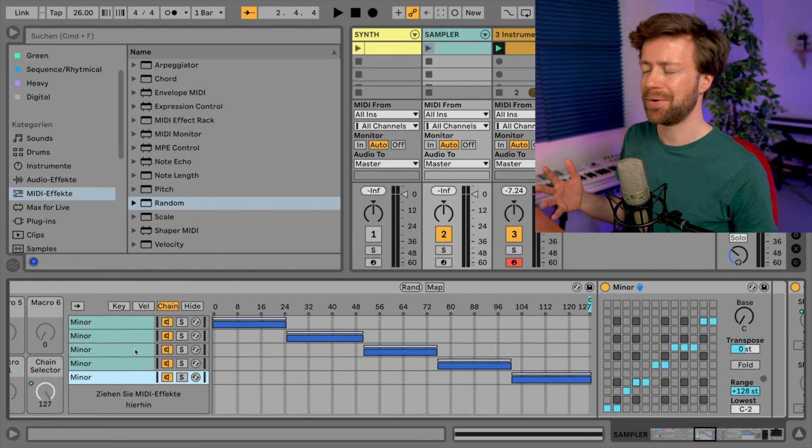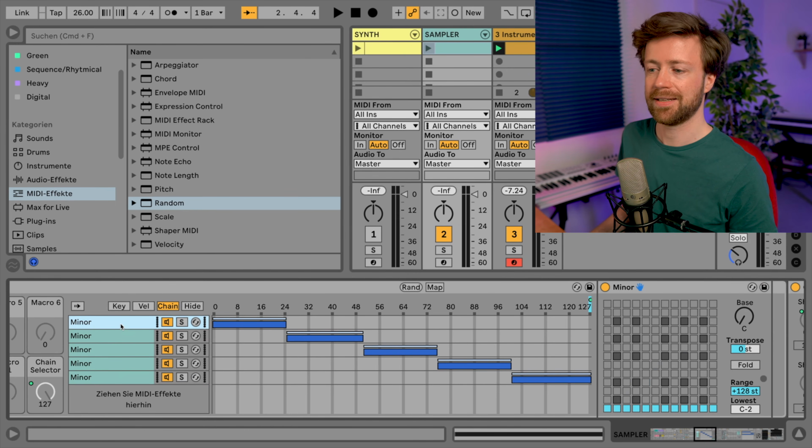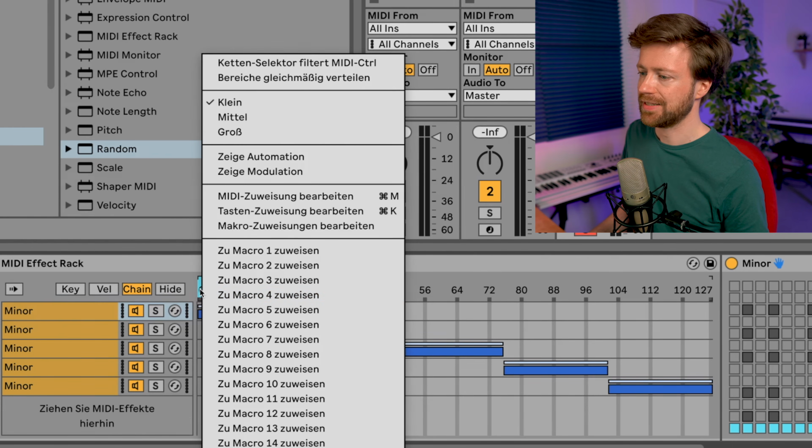But what I want to show you with this example is that you can see all of those different sections as some compositional block. It could even be different scales. So you could say, okay, the chain selector in the beginning is going to be minor and in the end it's going to be major, if you can control that. But there are all those possibilities. So you can really have basically a compositional concept where one part here is one composition based on a certain scale or tone amount. And in the end, you move the chain selector to, okay, first you need to select